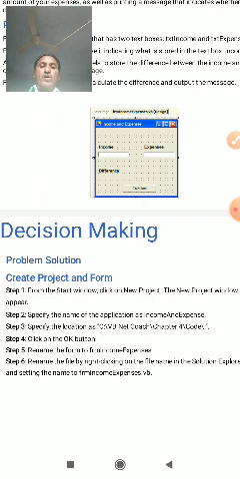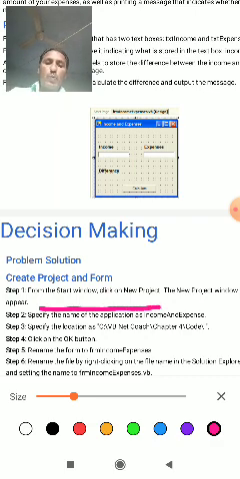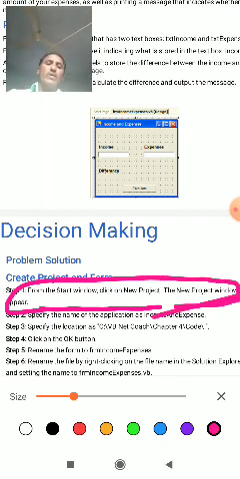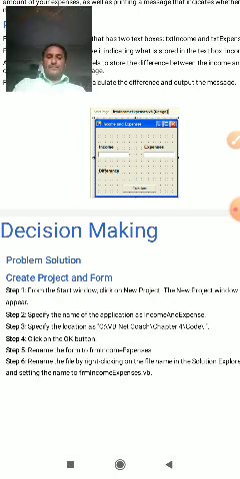Specify the name of the application as Income, or any name.